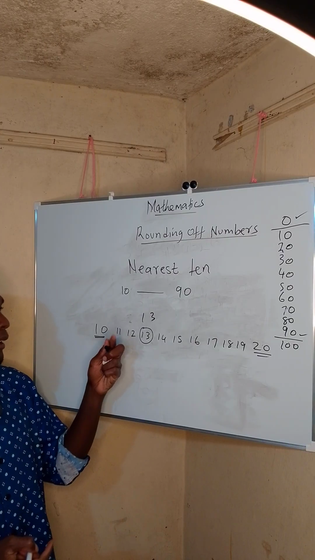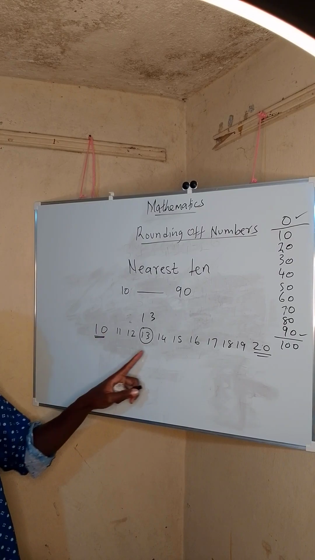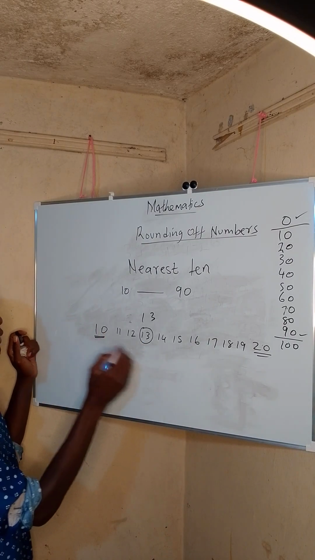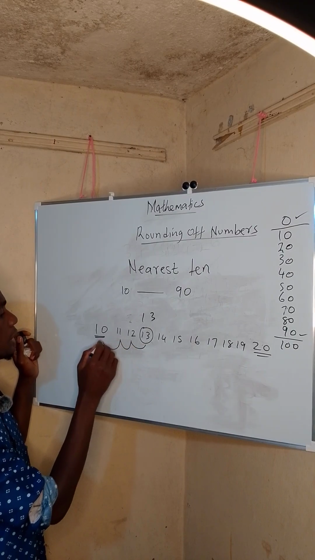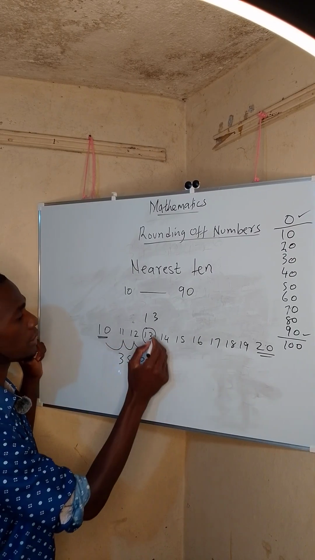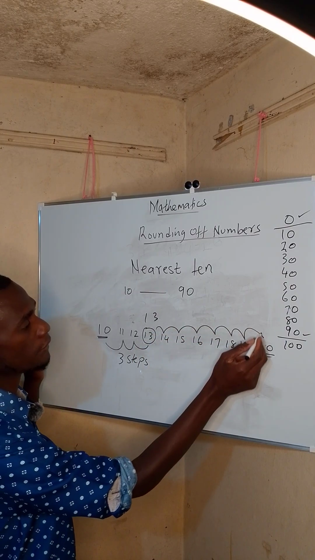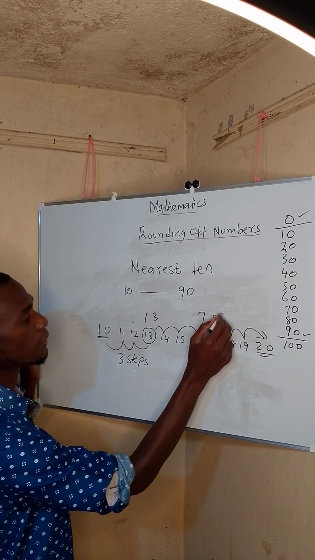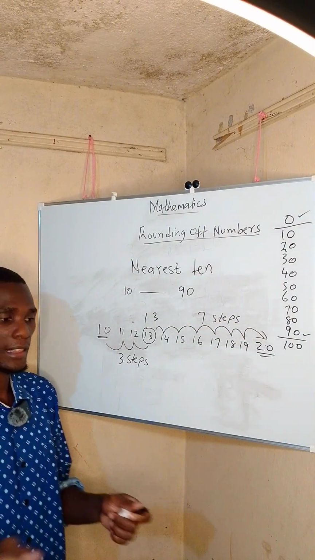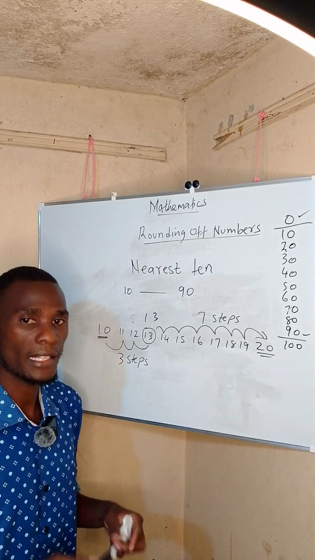did with the step 1, counting the number of steps from 13 to 10 or from 13 to 20. So from 13 to 10 we have 1, 2, 3. There are 3 steps. From 13 to 20 we have 1, 2, 3, 4, 5, 6, 7. There are 7 steps. Our interest is take that number to the 10 it is next to, the nearest 10